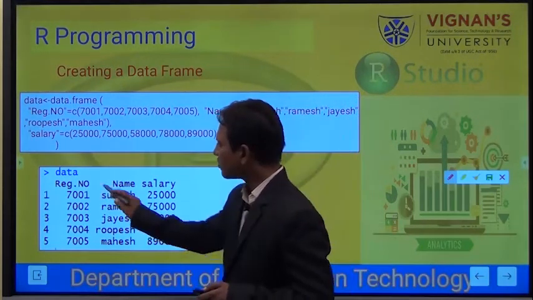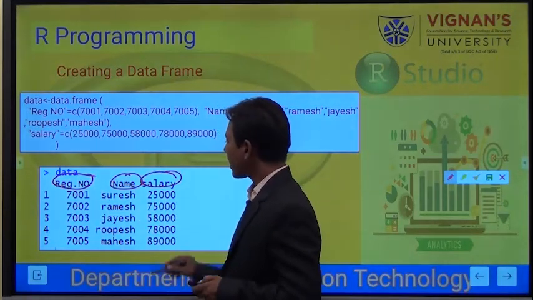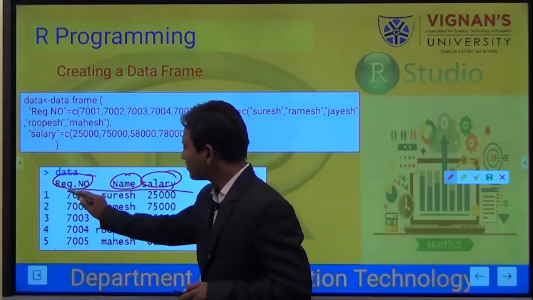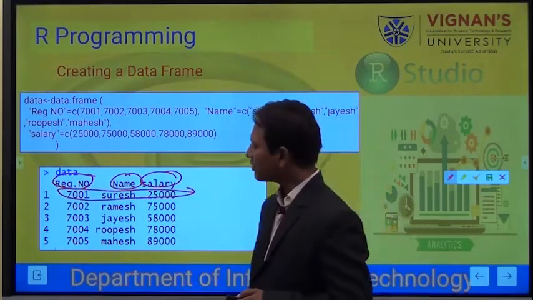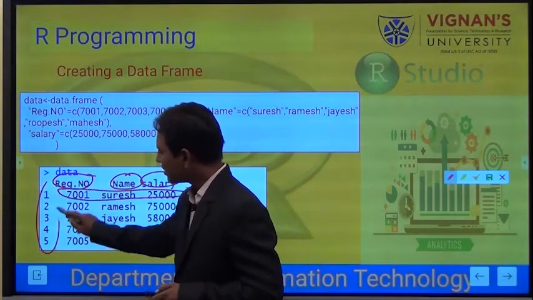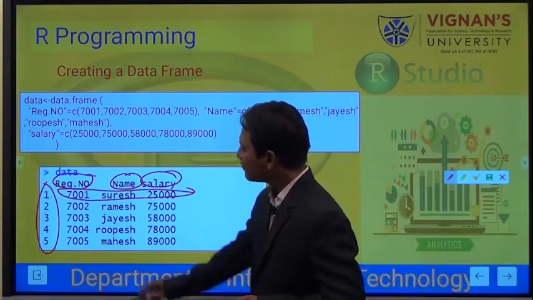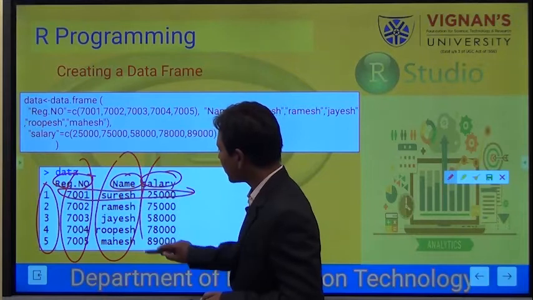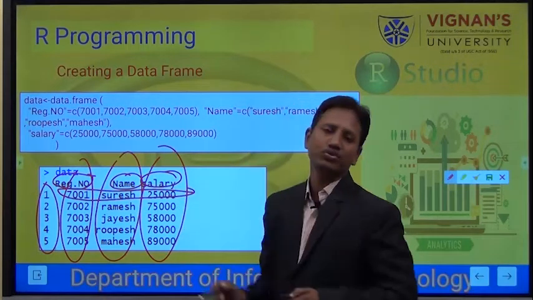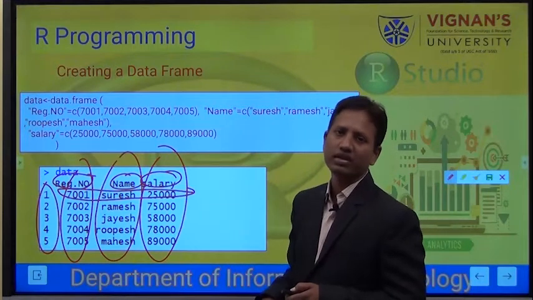These are the column names, register number, name and salary, and these are the records. This is the first record, and if you observe, it has given unique row numbers. This is the name vector, and this is the salary vector. All are put together and represented in the form of a structure called a data frame.